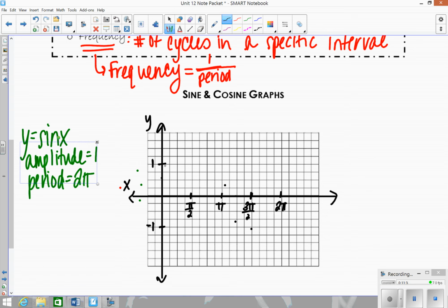And I just did 4 units just so that I would be more spaced out. So now when I go to graph this, I know that sine of 0 is going to be 0. So we could go right from the unit circle, which is basically where I'm getting these points. So if I draw my unit circle,